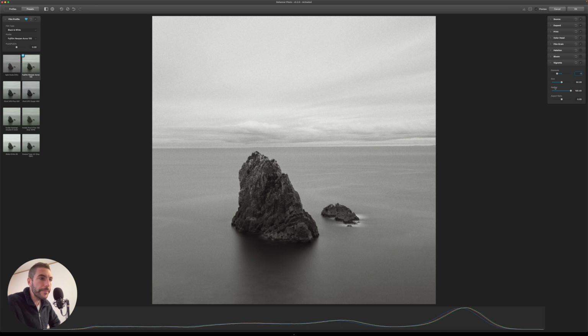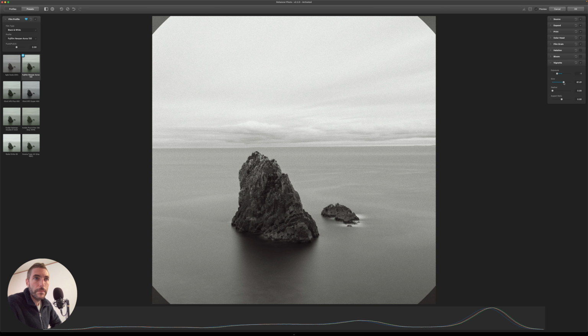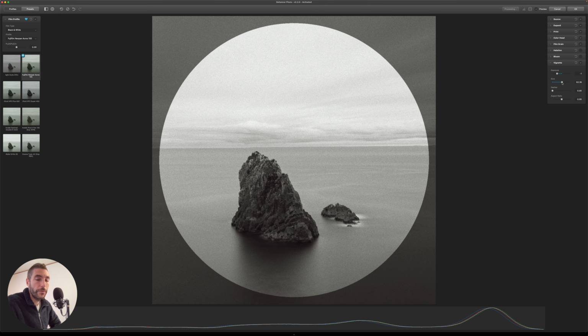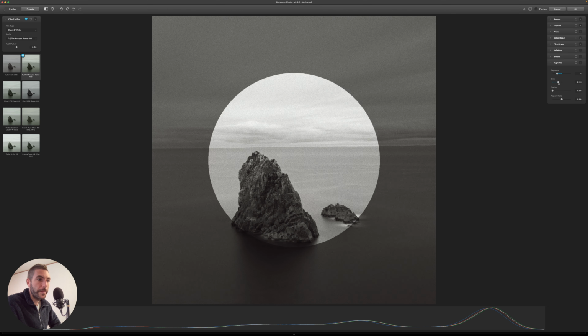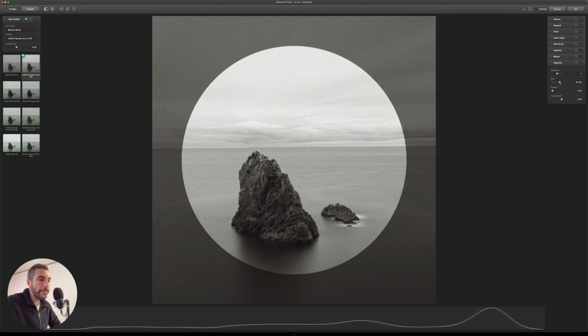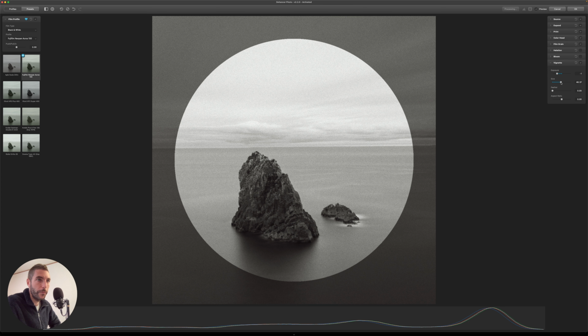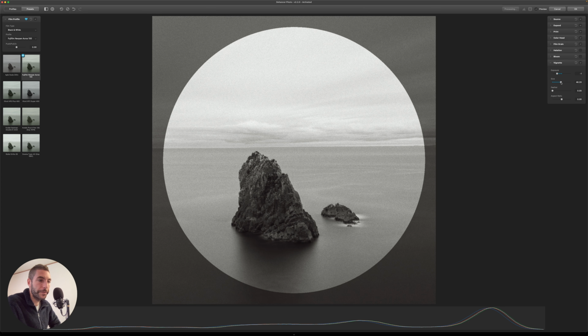So -1, you can also change the size of the vignette in this way. You can make it smaller, you can make it bigger, and you can decide basically where to focus your viewer's attention.